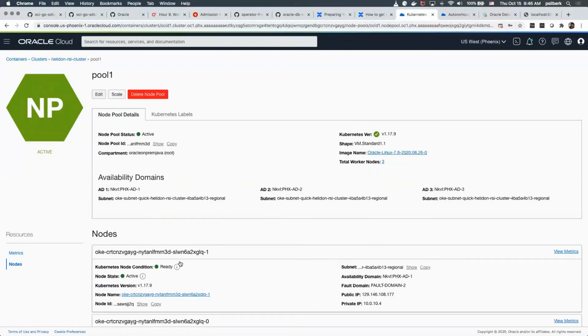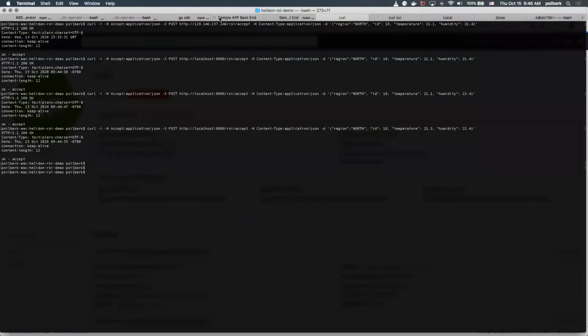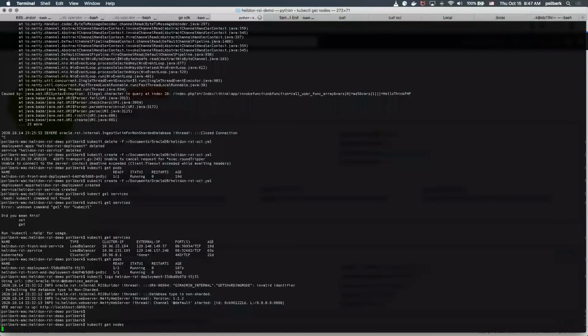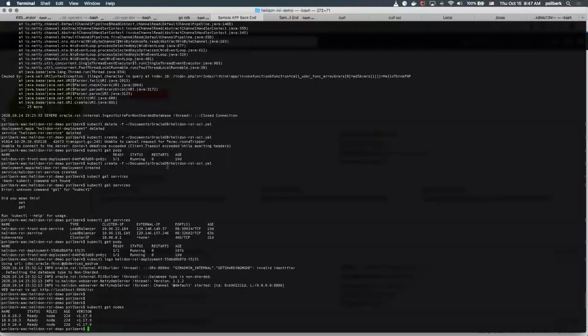And you can also check it out using the OCI CLI. Okay, but these are the 3 nodes that are in my cluster.